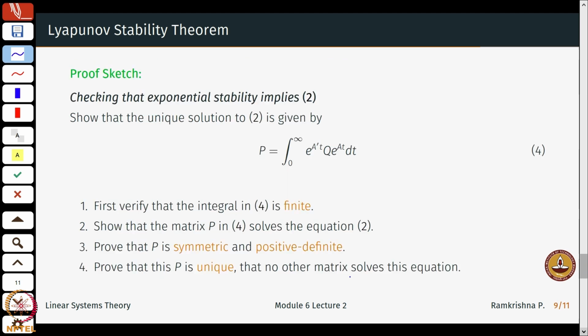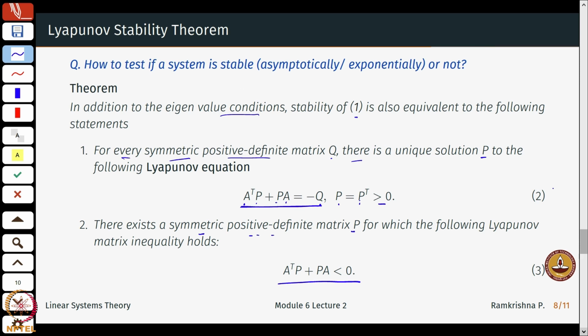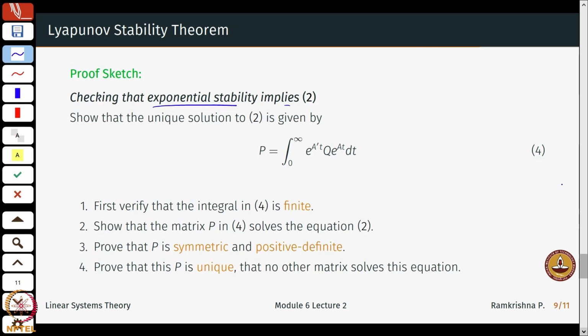I will give you a little gist of the proof and then we will go into the details of it. So, first we need to understand what is given to us and what is to be proven. The part 1 of the proof goes in the following way. We will check that when the system is exponentially stable, it actually implies this equation. We will begin by showing that the unique solution is given by this indefinite integral from